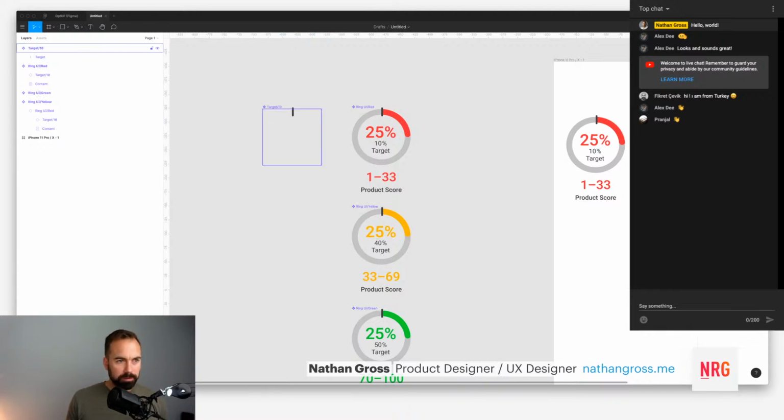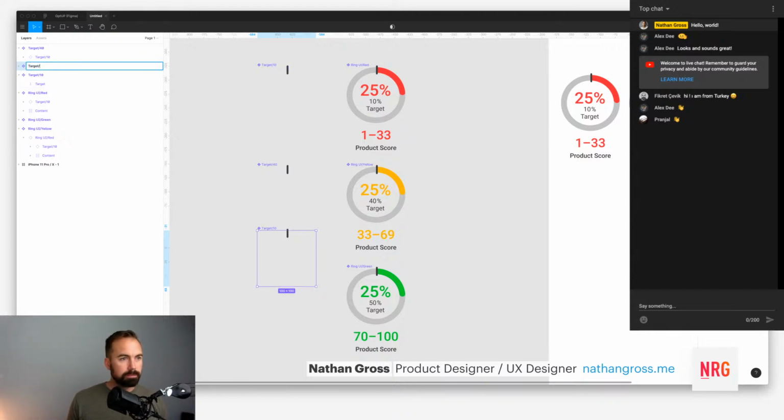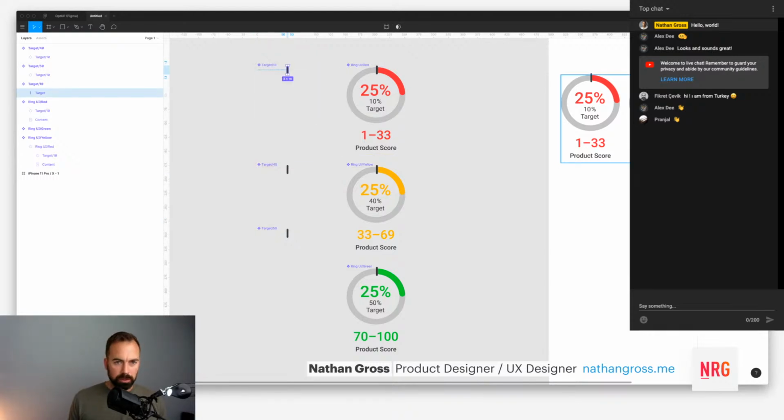I want to make another version of it, and again, I'm going to nest these. I want to make this target 40. I haven't adjusted any of these yet, and then I'm going to make this one target. Actually, no, I'm going to go back to the original. And let's name this target 50. So these should all be one nested version back to the original. And again, the nesting part, if I wanted to, for whatever reason, change this, they're all going to point back to that original. We want to make that back to the primary. Now